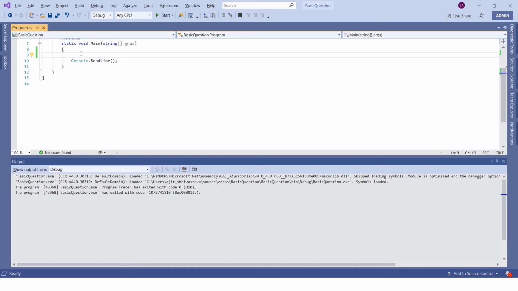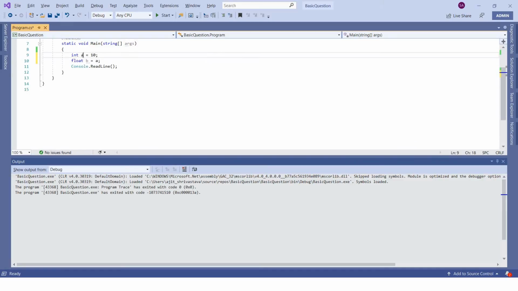To demonstrate implicit conversion, it is simple. Let me take an integer value, int a equals 10. Now I want to take a float type variable, let's say b, and assign the integer variable to it.